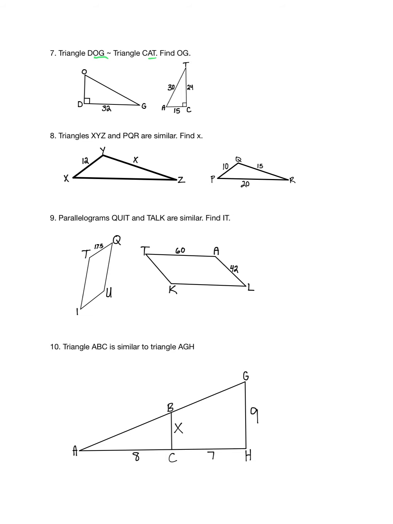So O to G is going to be the same as A to T. All right. Then let's put our little x there. So x over 30, x and 30, right? And we'll just compare that with,